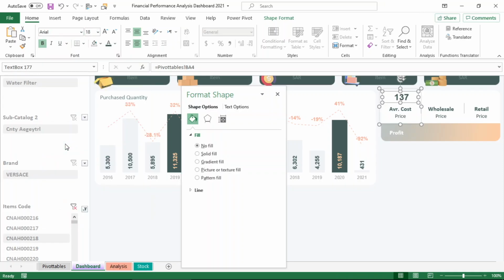We'll make the values fonts bigger and bold. The values below we will make appear in white with a different font type.